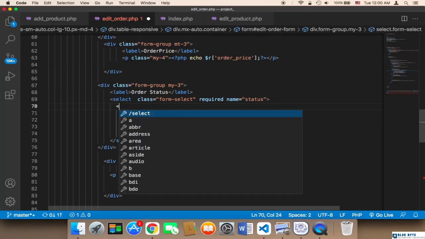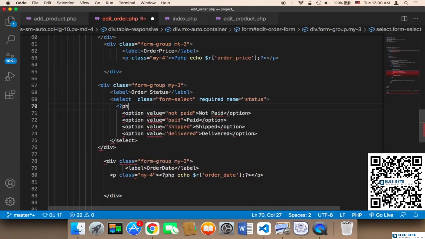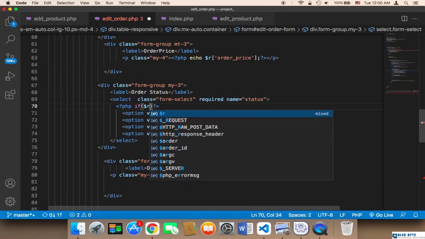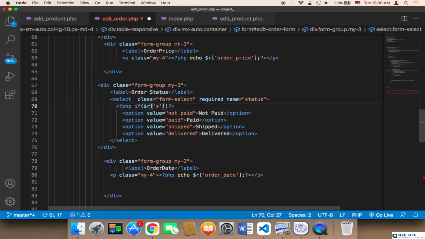So I'm going to say if PHP, and then if r order_status is equal to not paid, then we echo here, let me copy this code. Actually we need to display it inside the option. So here